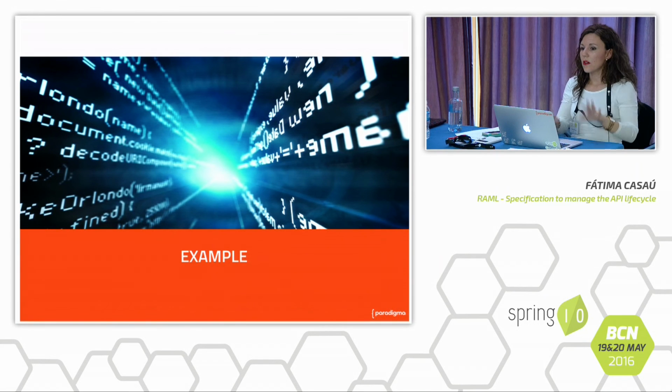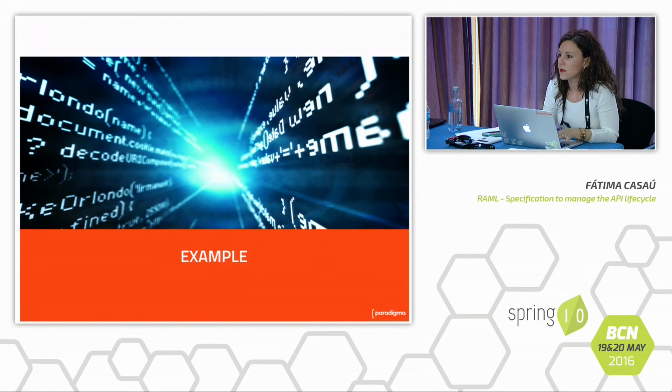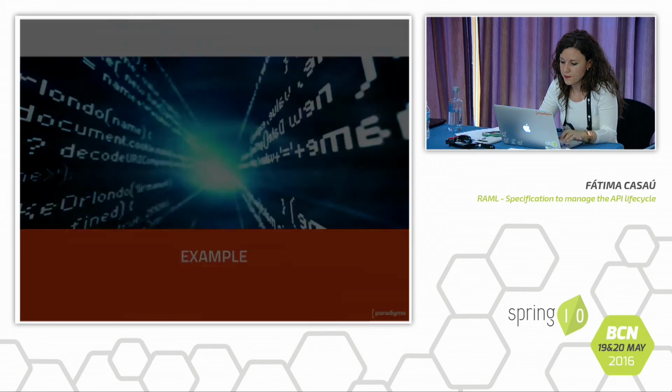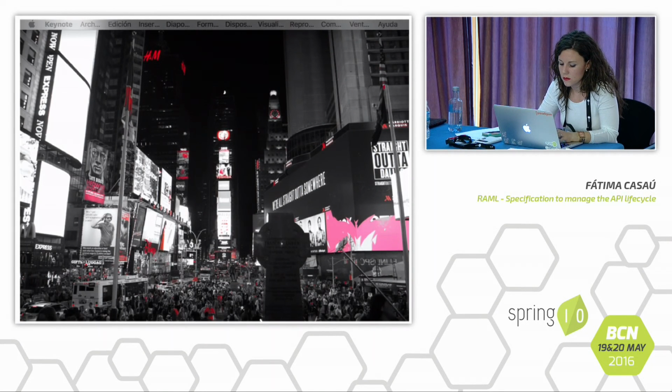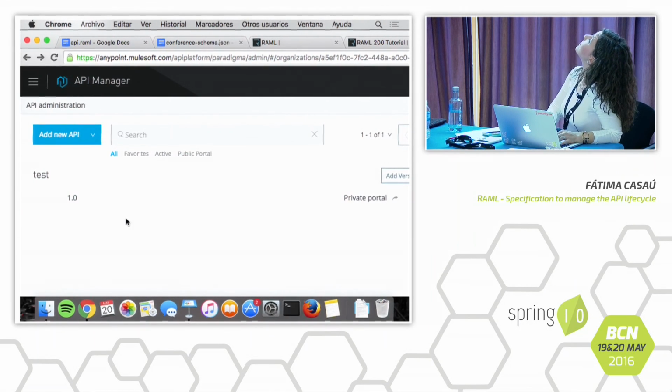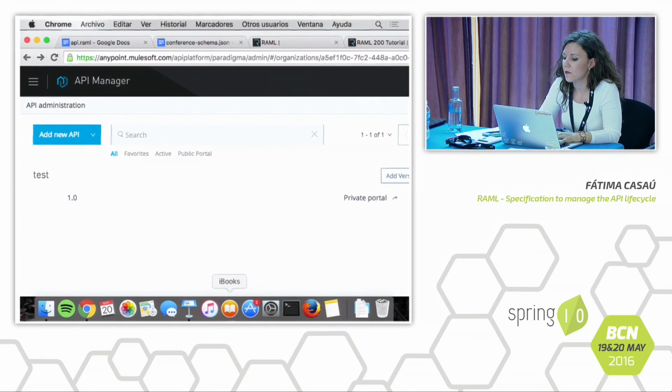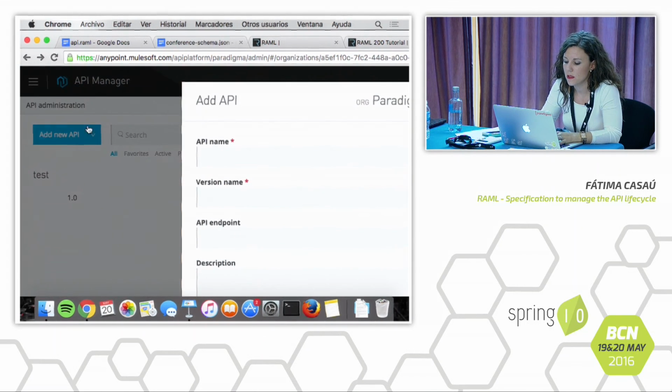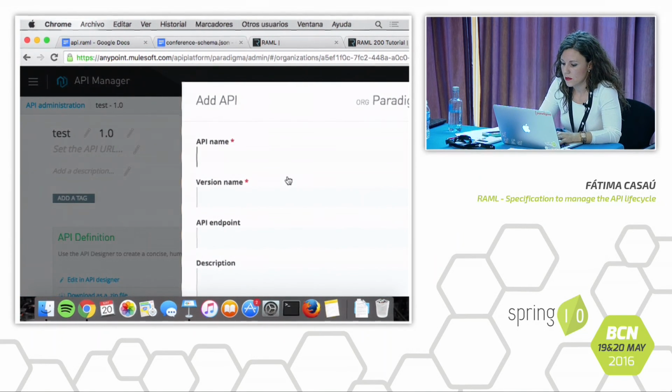And now I want to show you how to use the tool on the web page, so we can see an example. This is the API Manager of MuleSoft. And here we can start to define an API, for example. The name, Spring IO, version name, for example, and